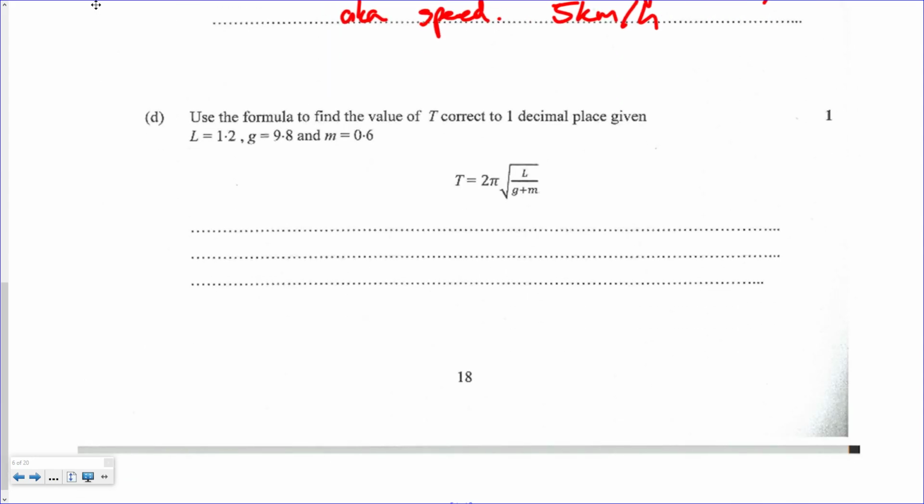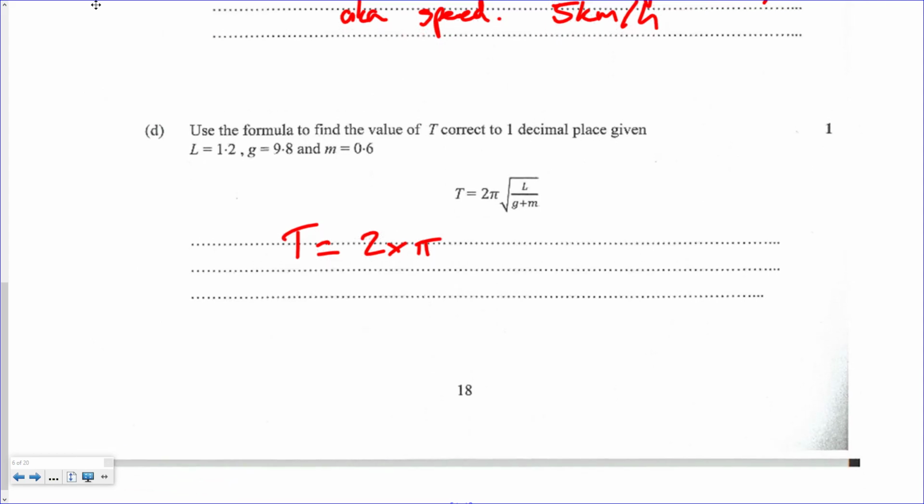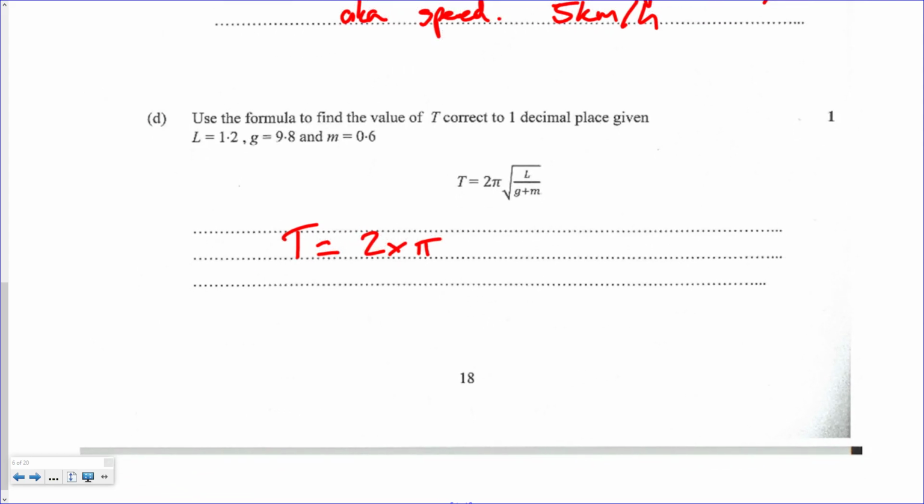Going into this next question, we want to use the formula to find the value of t correct to one decimal place, and then we get given a bunch of different numbers. This is very similar to a question that was in 26, where there's no real tricks to it. You just need to make sure that you're putting it into your calculator correctly. So here we have t equals 2 times pi times